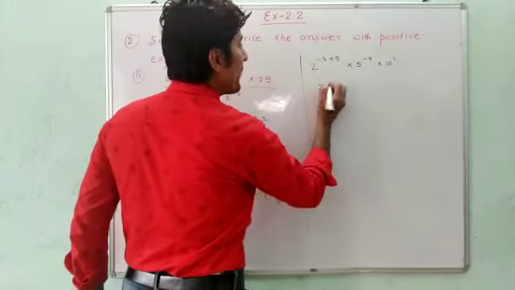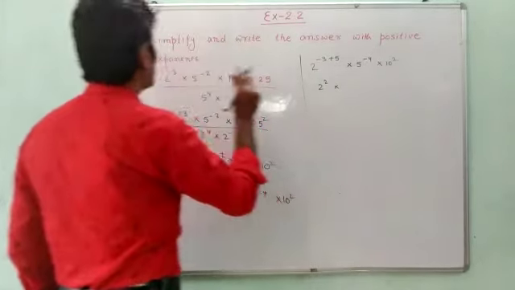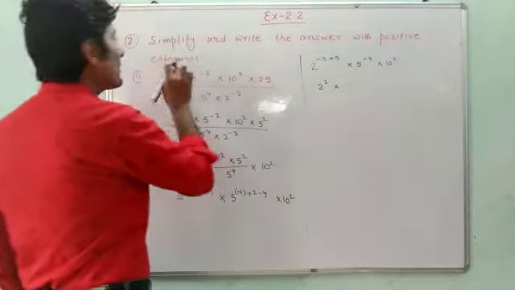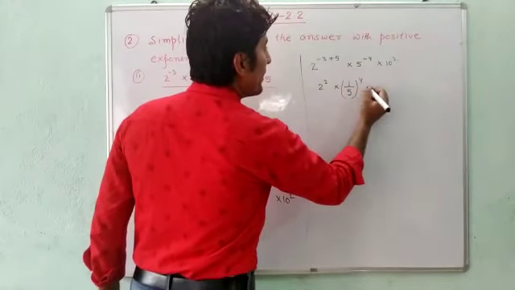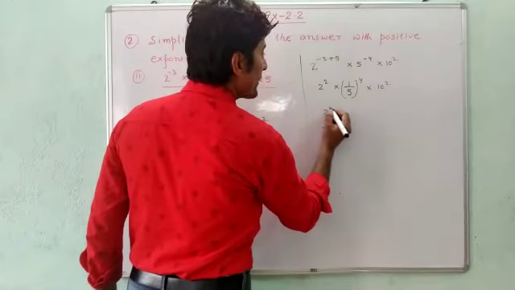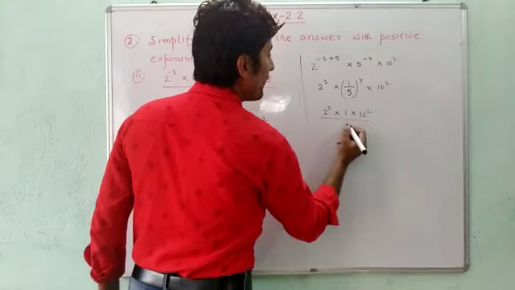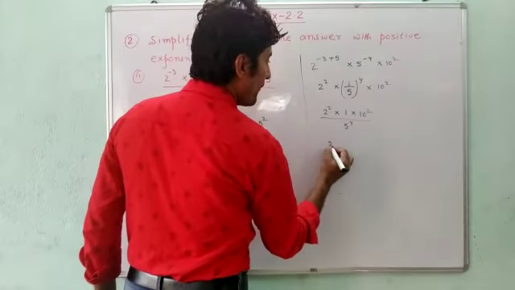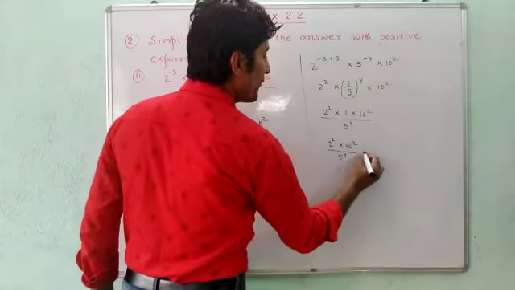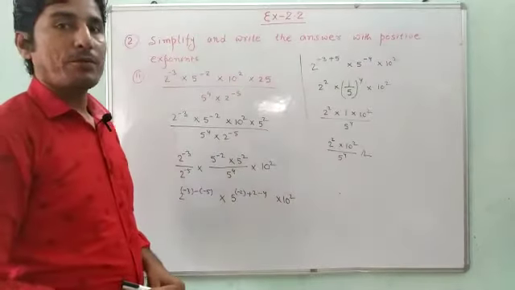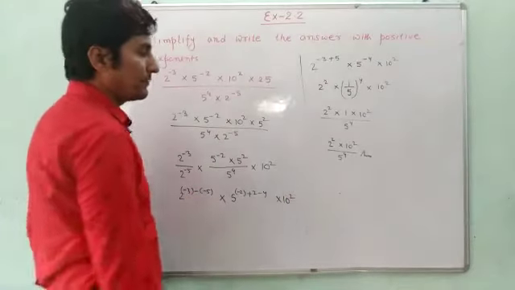So here we can write 2 to the power minus 3 plus 5 will be equal to 2 into 5 to the power minus 4, but in the question it is given that we have to convert with positive exponent. The positive exponent can be written as 1 upon 5 to the power 4 multiplied by 10 square, or in another way we can say square of 2, here we can write 1 multiplied by 10 square upon 5 to the power 4, or finally we can say square of 2 into 10 square upon 5 to the power 4. All are having positive exponent. Till here we can leave, or we can evaluate this part also.